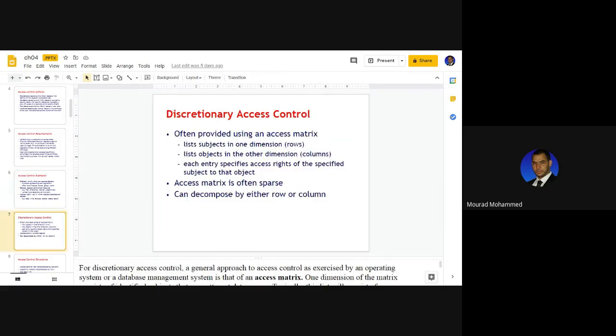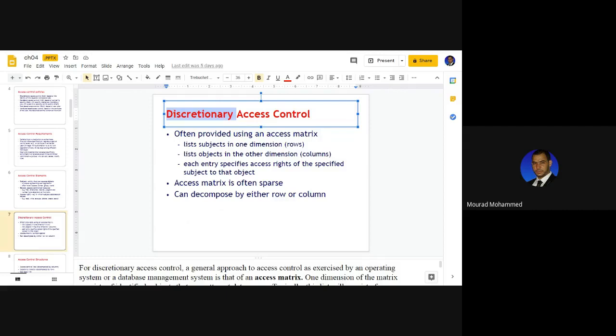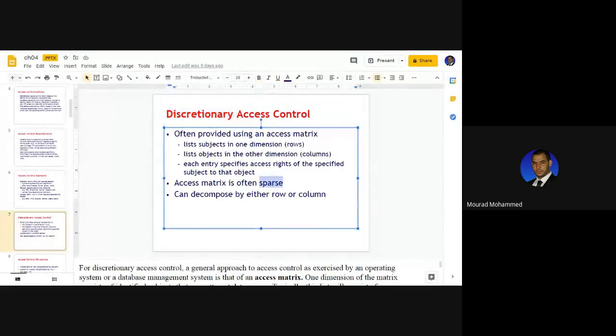Discretionary access control, or the selective access control, is the first context via which we are awarding access to resources. Why are we setting it as the first priority? Because it's easy to implement and easy to understand. We stand on the use of a sparse matrix in order to relate subjects to objects.